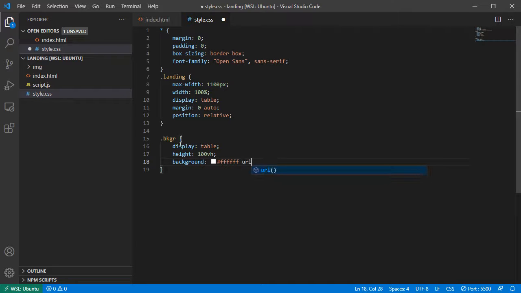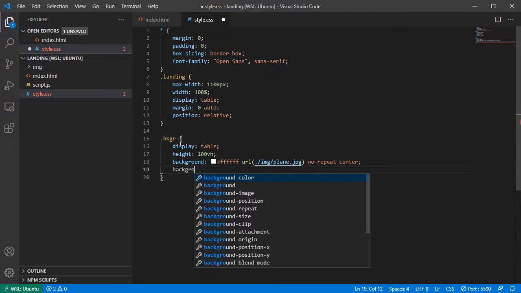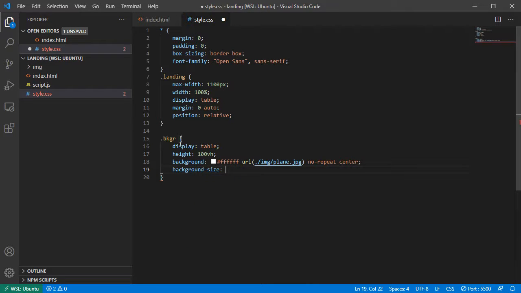There's gonna be a URL which is gonna be an image here, so I'm gonna have img, and it's gonna be plain.jpg, and it's gonna be no-repeat, and I want to center the whole image. And then the background-size here is going to be cover